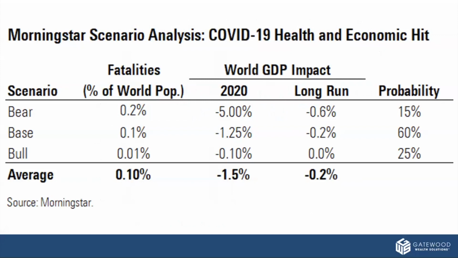This would mean 20% of the population is infected, or 1.5 billion people globally. This is 2 times higher than the flu, which ranges from 3 to 11%. So it's 2 times higher than the high side of the flu. With a 0.5% global fatality rate, that would equate to 8 million deaths globally and 200,000 in the US. The flu, in comparison, kills 12,000 to 61,000 annually for comparison.